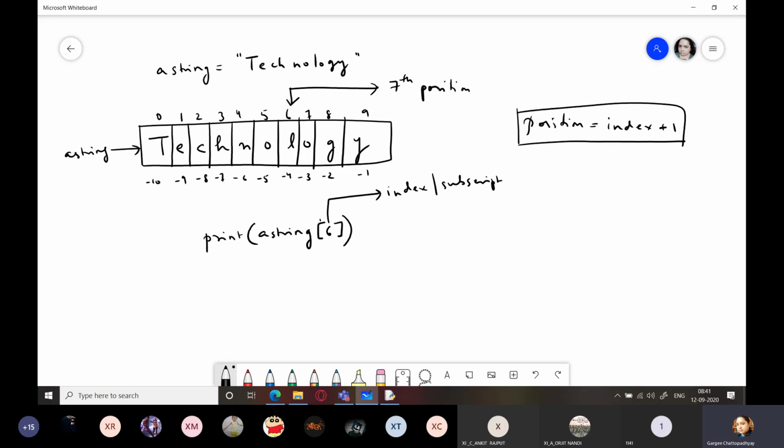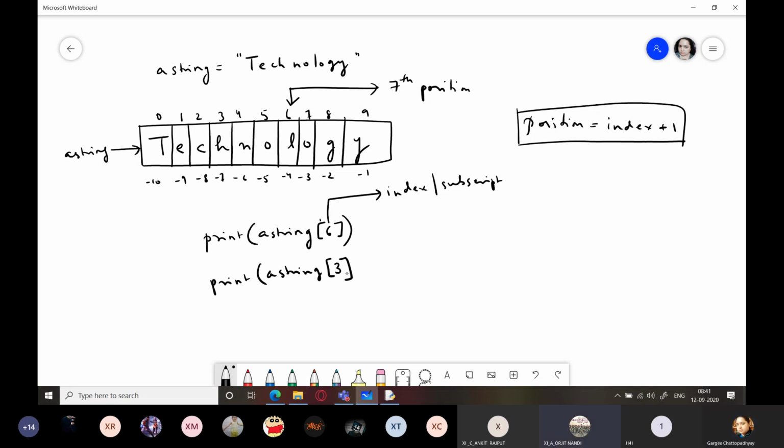So if I say I want the 4th character, how will you write it? Tell me. Yes. Ma'am, print brackets open, a string, square brackets open, 3.